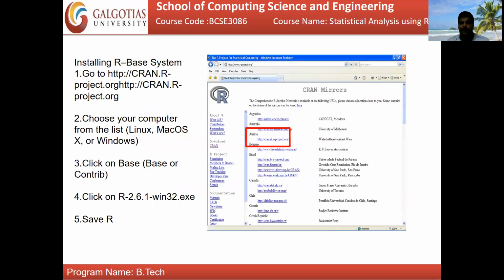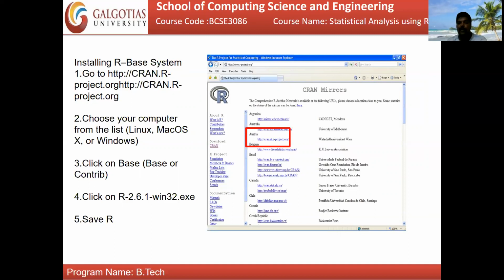Okay, so first you have to download this software. You just go to this site, http cran.r-project.org. In this site, you can download the software. This software is operating system based, and all operating systems can support it. Whether you use Linux, Mac OS, or Windows, every OS can support this software.